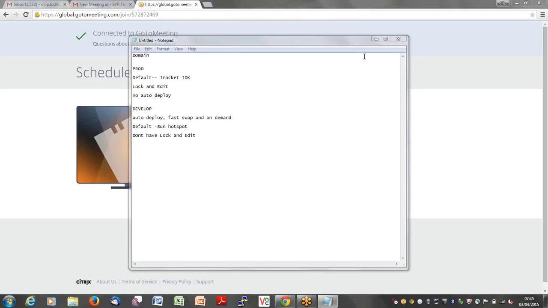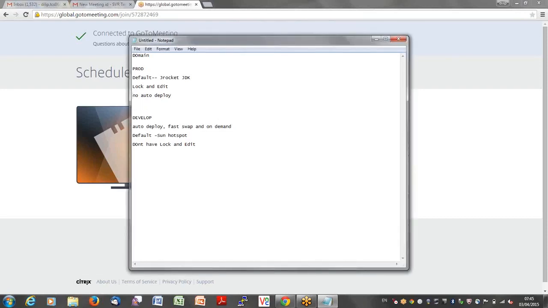So the other important difference would be, when your servers are running in production, you need to give admin credentials to start and stop the servers. So you need to give the admin credentials while starting or stopping the WebLogic servers.